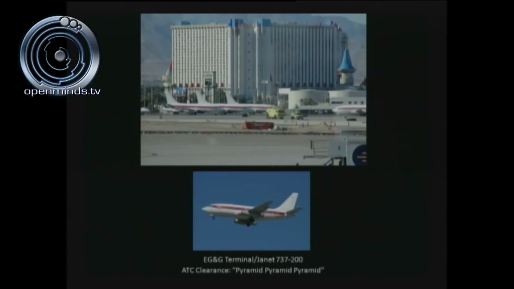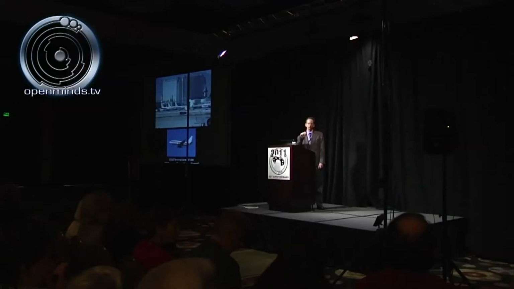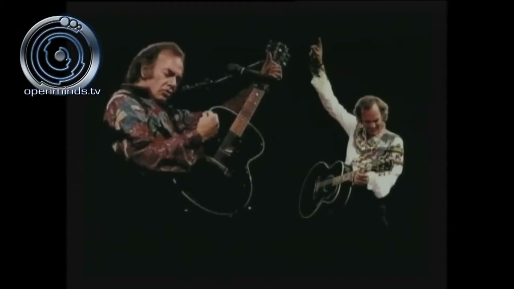As you're flying on this airliner here, just before the hairpin turn into the landing approach on Groom Lake runway, which is a 27,000-foot runway, the largest runway in the world, there's an ATC clearance called Pyramid. That is the clearance to land at Groom Lake. And what's interesting, a historical point from Dan Burisch indicated that on the trip on the 737-200 to Groom Lake, they played Neil Diamond's song, Coming to America, over and over and over again.